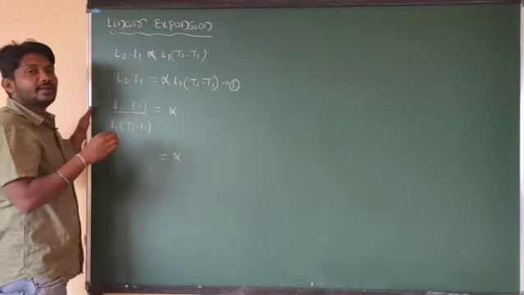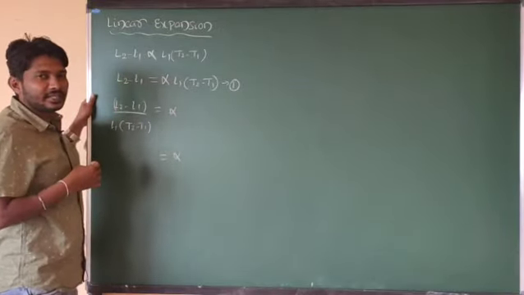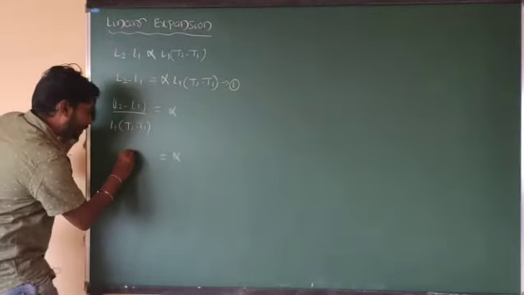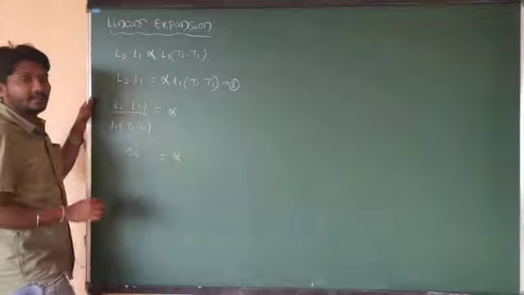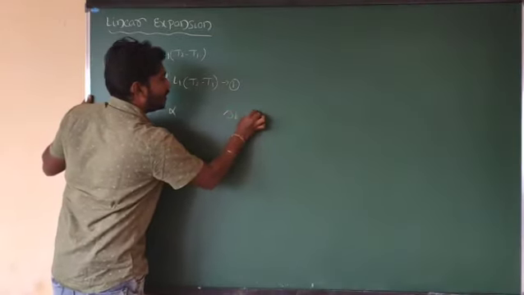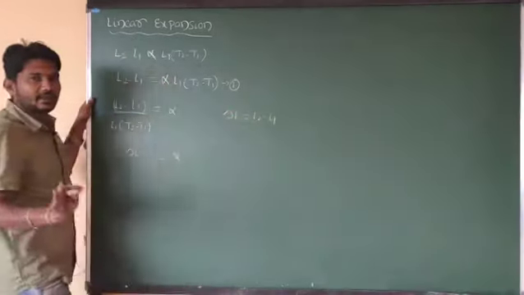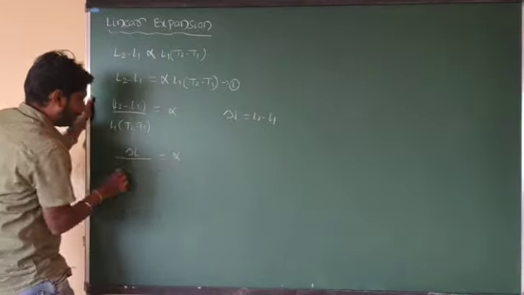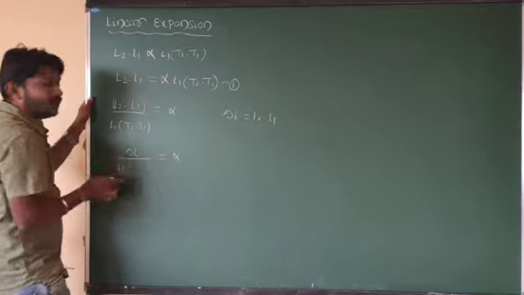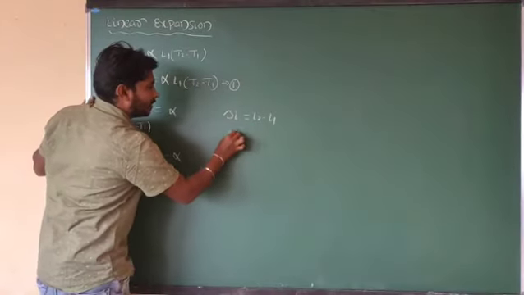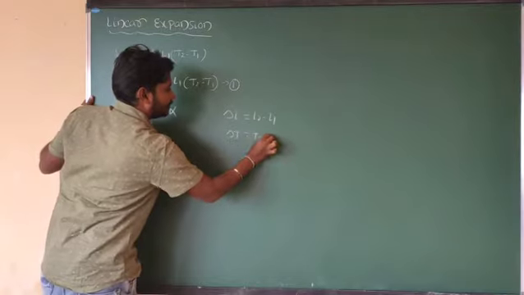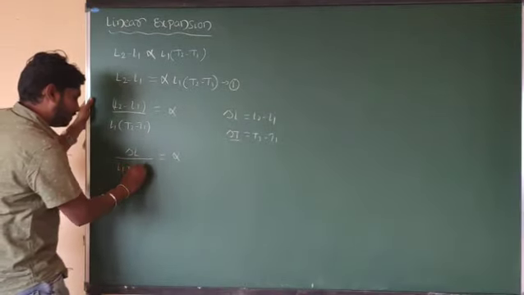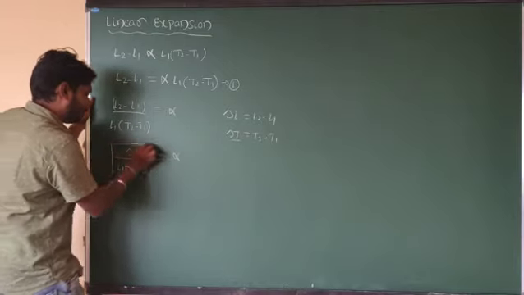L2 minus L1 means final length minus initial length, as I said. So change in length I can say, and this change in length I can simply write as delta L. Why? Because delta L means L2 minus of L1. So alpha is equal to delta L divided by L1 into T2 minus T1, which I can write as delta of T. So alpha is equal to delta L divided by L1 into delta T. So this is about